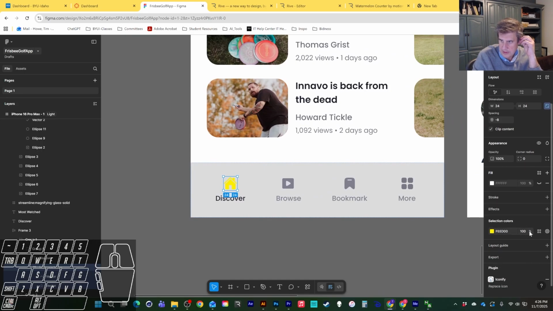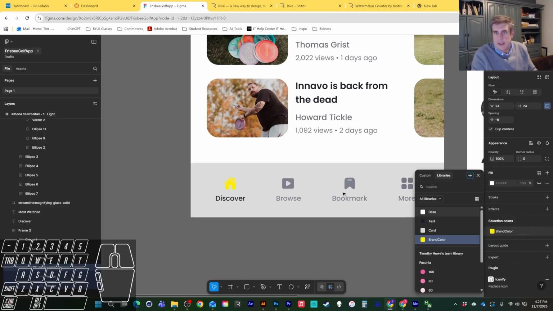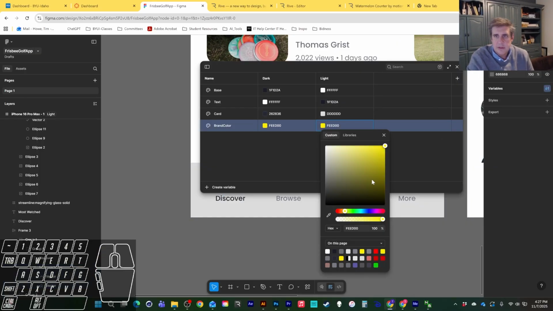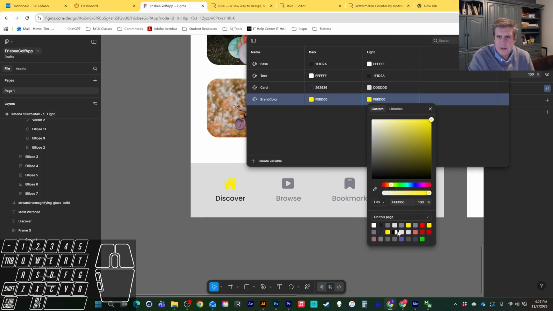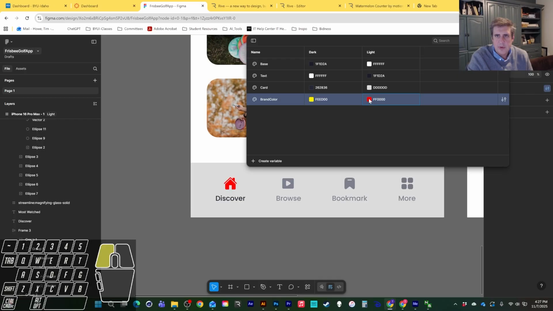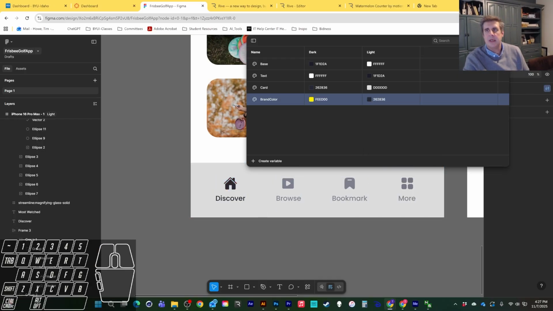So let's come down to my selection colors. Again, hit plus, again, hit variable. And we'll call this brand color maybe. Okay, and then I got to click off and come to my variables and decide what happens to that brand color. So in my case, I could either go really muddy orange brown, or I have another brand color that's like this kind of bright red. Not usually recommended. So maybe I just stick with like a blue or a black or brown in this case. I can live with that. Okay,